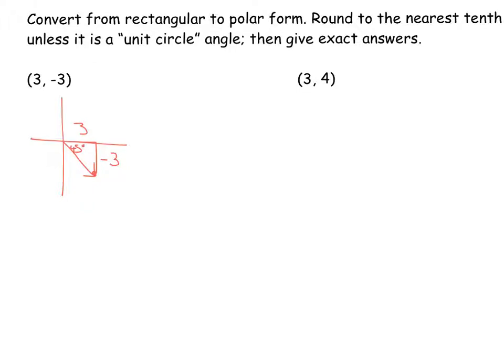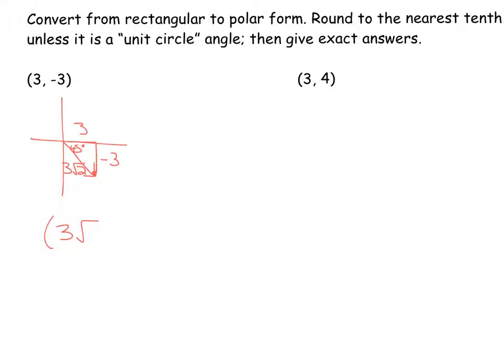So our hypotenuse, we could use Pythagorean theorem here, but we need an exact answer since it's a unit circle angle. This would be 3 root 2, right? Remember a root 2, okay? So I have my radius. I'm calling it radius because they call it r, but I have the length of that vector. And I have an angle, but it's the reference angle. It's not the actual angle. So what we would do, we would say that the r is 3 root 2, not 3 root 3,